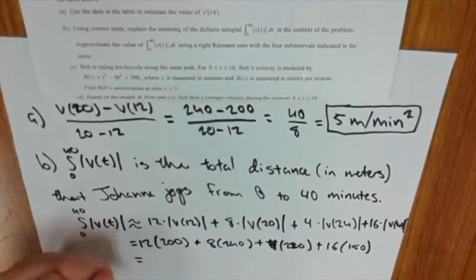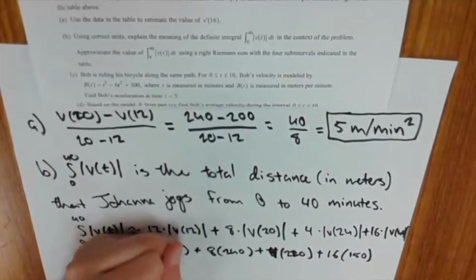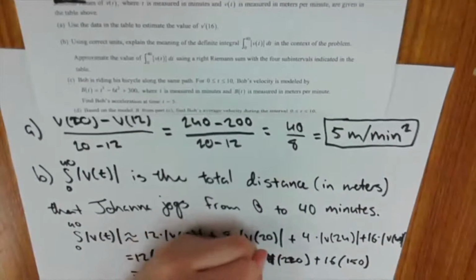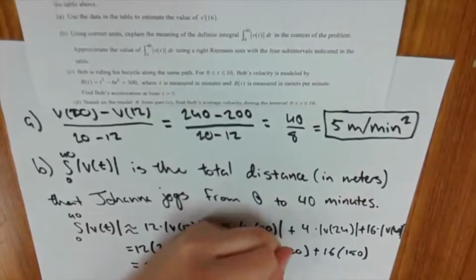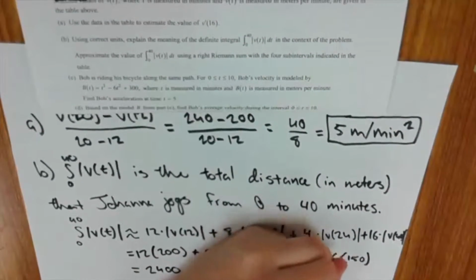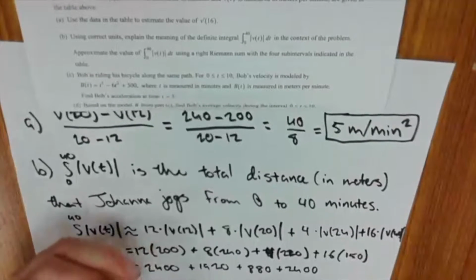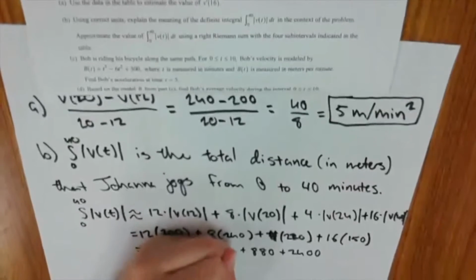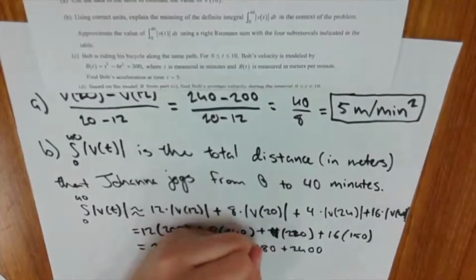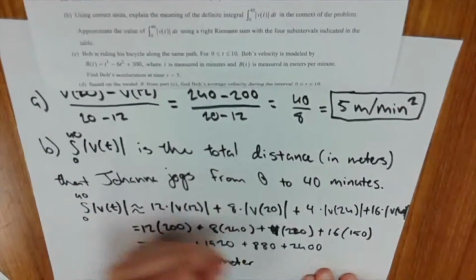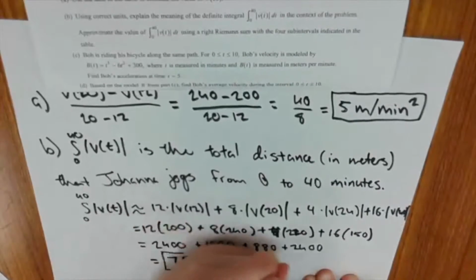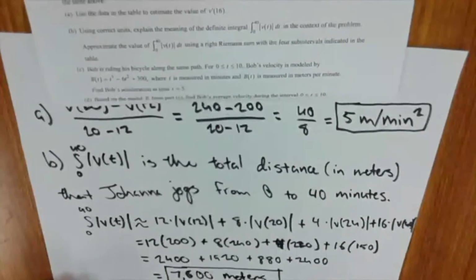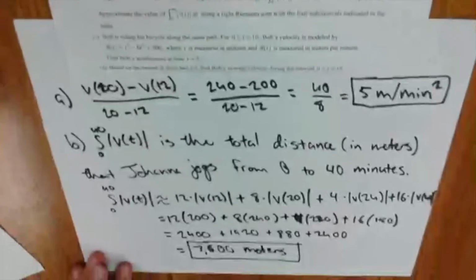Simplifying that further, we see that comes out to 2400 plus 1920 plus 880 plus 2400, and that will finally equal 7,600 meters, which is our value for our right Riemann sum of our integral. And so next,